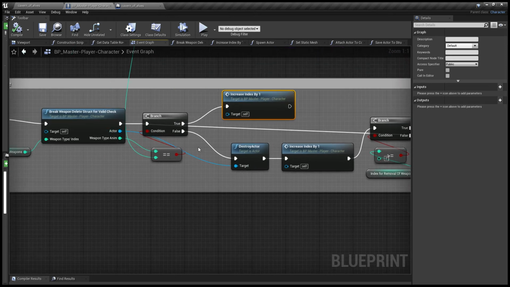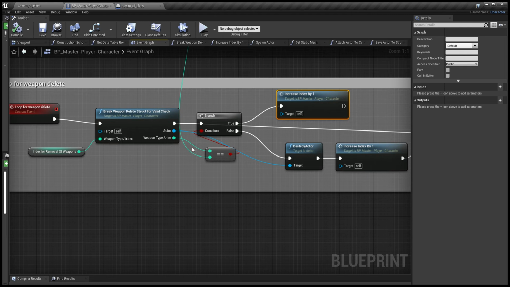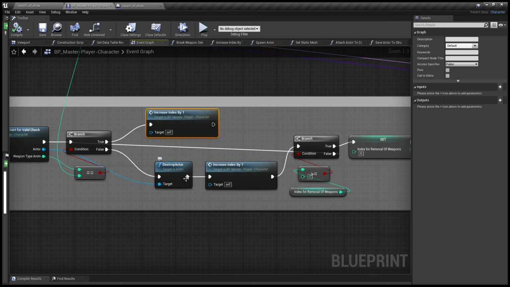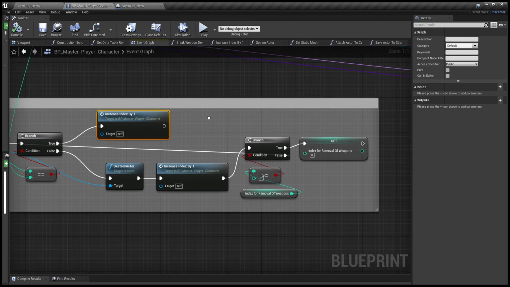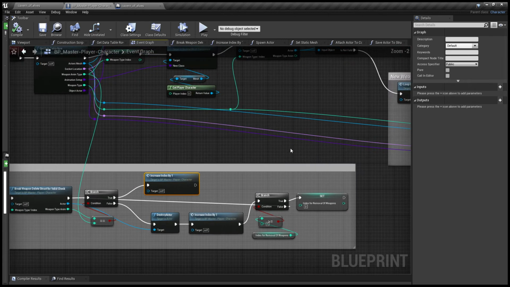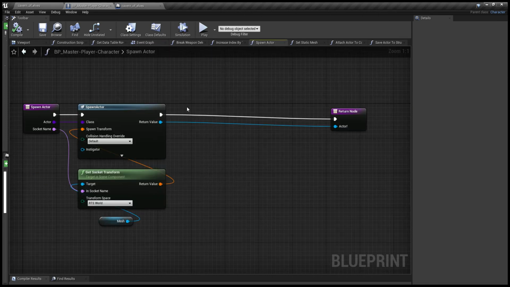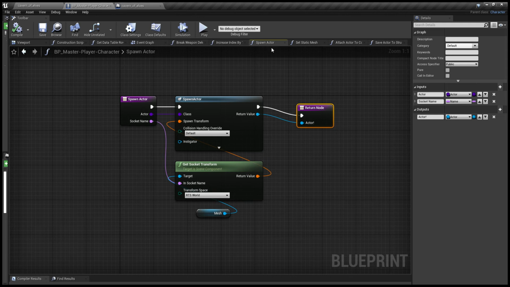Anyways, if it's not true, then it should be deleting the actor. This is the main issue. It is not deleting the actor. It is basically ignoring that, and somehow it's going through the delete actor, and it is just acting normal. And it goes ahead and spawns the actor. I can show you to spawn the actor. That's maybe all the way up there. Spawn the actor,